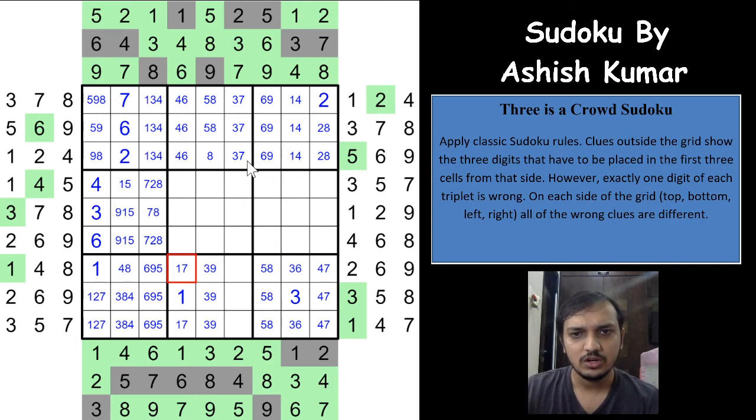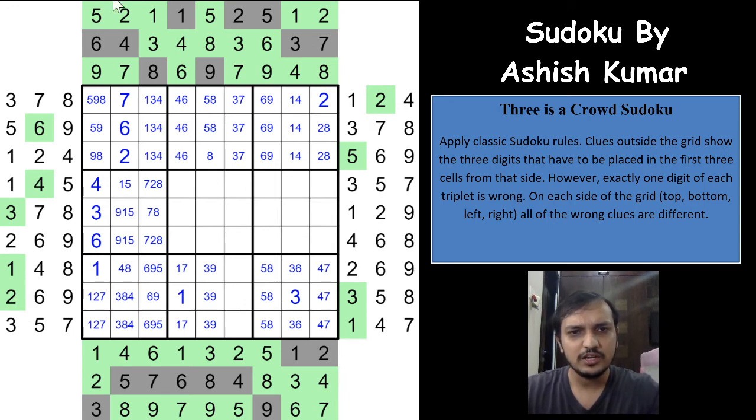Okay, nothing much of here now. Let's see if we can progress through. Okay, 6 and 9, right? And 6, 9 and 5, which means 2 has to be correct and 5 cannot be here, right? 6 and 9 will have to be placed here, right? And 5 cannot be here, so 5 will be in one of these 2 cells, which means because of the 2 we get a 2 here.